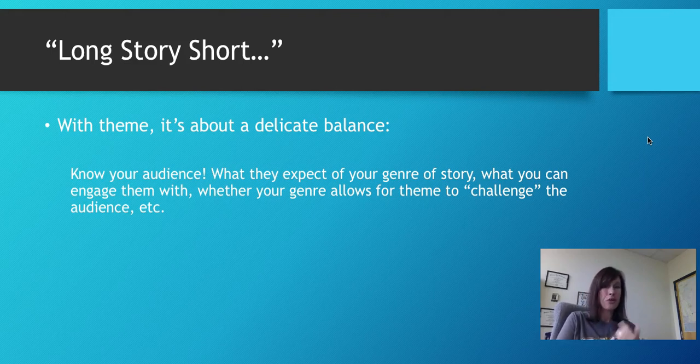This paper has a general theme. It's about fiction or nonfiction. You can challenge yourself with a theme, or you can keep it simplistic. You can make it just about this versus that. You just need to make sure that you understand who's going to read this paper and what they are expecting. Maybe you're going to do some shock value in your paper, and that's fine, but you don't want to go too off the wall because it is a college class. It needs to be appropriate for a college course and instruction, but you can still have fun with it and play around with it because your audience are adults.